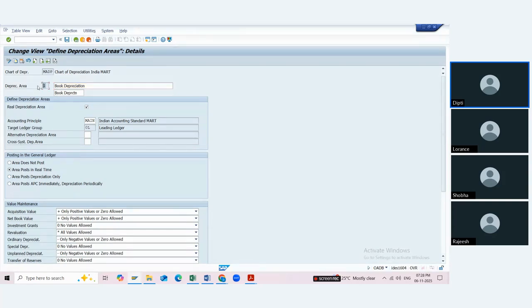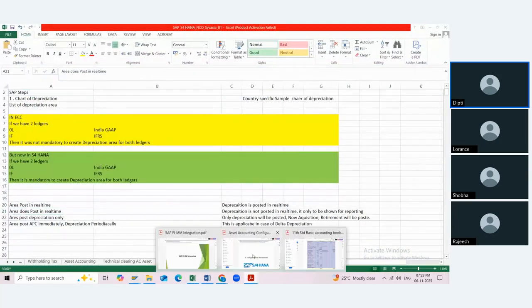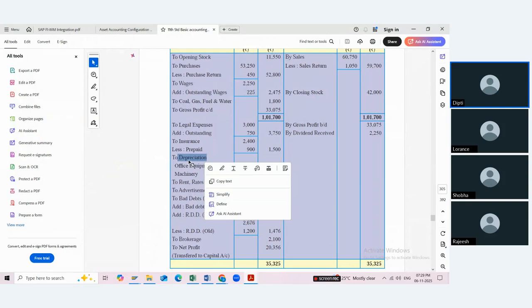So you know now what cost element means. The cost element is a carrier of cost from FI to CO module. So whichever GL you want the amount to be posted from FI to CO, you have to create that particular GL account as a cost element. The depreciation is a P&L GL. See, we are having two depreciation GLs, right? One depreciation GL is from P&L. We are discussing this depreciation as a P&L account GL.